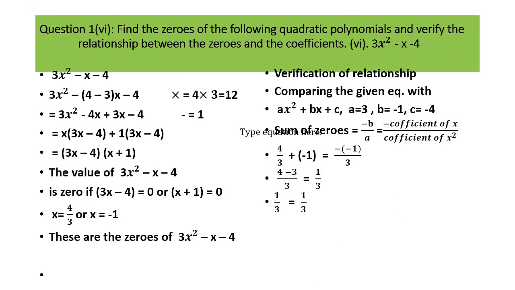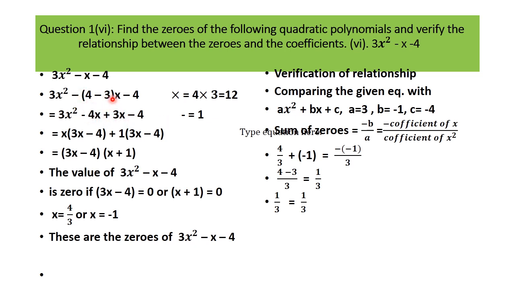Now the sixth part, the last part of question first. Here the equation is 3x square minus x minus 4. Here we will multiply the first and last term. 4 into 3, 12, and the sign is minus, the last term is minus, and the middle term is 1. Now we will take two numbers whose product is 12, and by subtracting the numbers we should get 1. So 4 into 3, 4 threes are 12, and 4 minus 3 is 1. So 3x square minus 4x plus 3x minus 4.